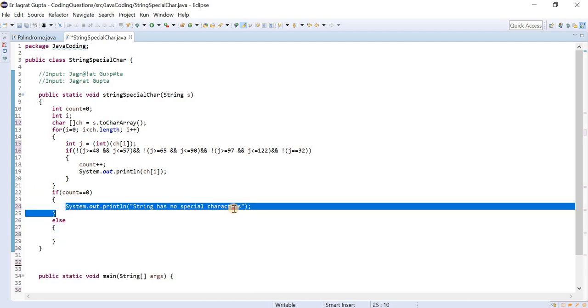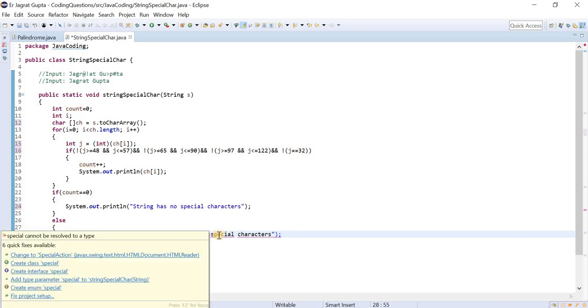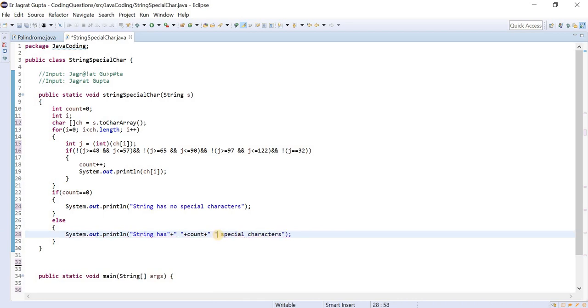So let me copy this and paste here. So string has, we can write like this, count. Okay, string has this count, and we can write like this. So here we can say that string has some number of special characters.